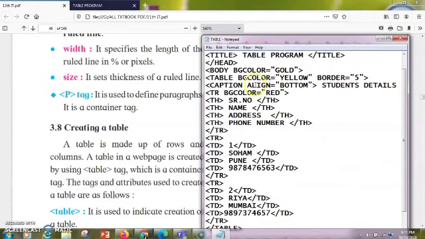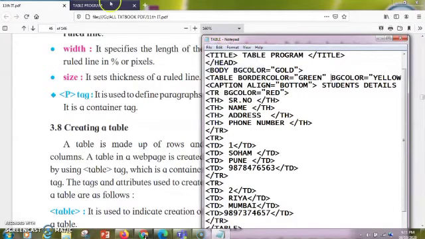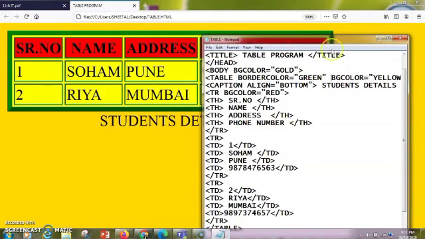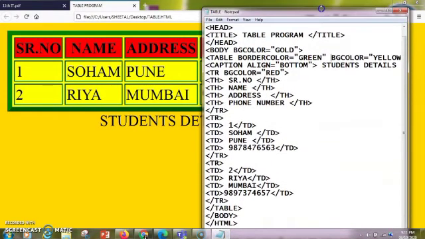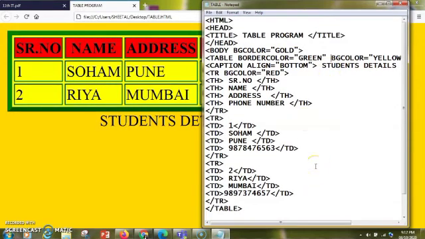So if I use the border color over here, bordercolor equals to green. So you can see now the table's border has changed into a green color. So this is how you can change the border also. So this is how you can format your table according to your requirement.